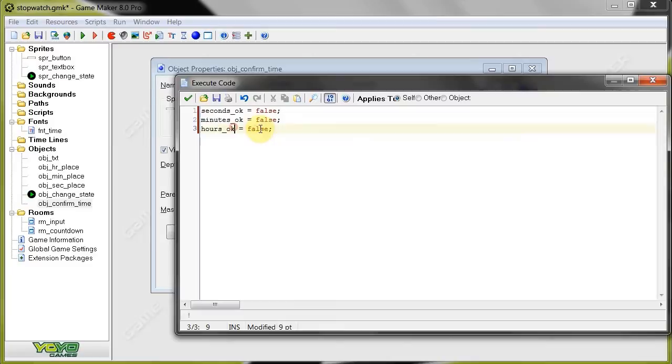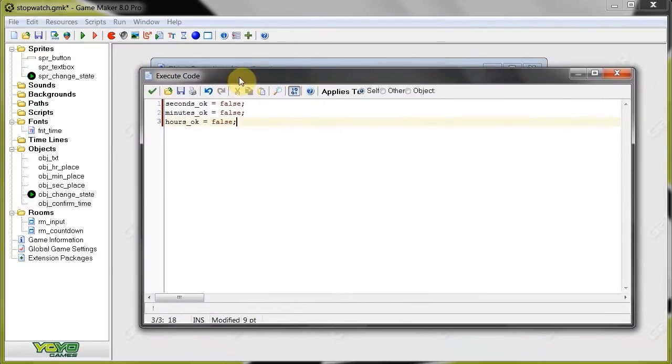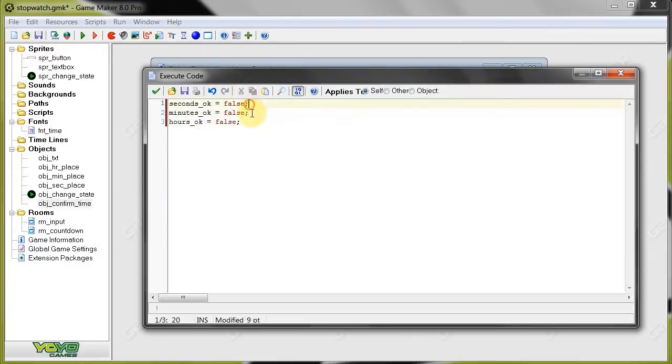So we've got variables here saying seconds okay, minutes okay, hours okay. First we're going to assume that everything is wrong. We're going to assume that the user has made a giant mistake, so we're going to set those all to false. Then we're going to say if canClick equals equals true. So if the button is clickable, which by default it is, then here we're going to say